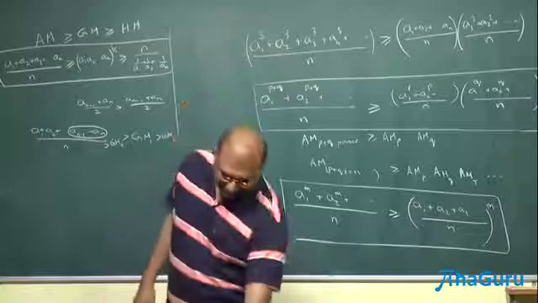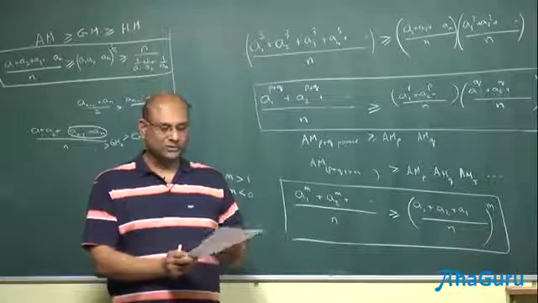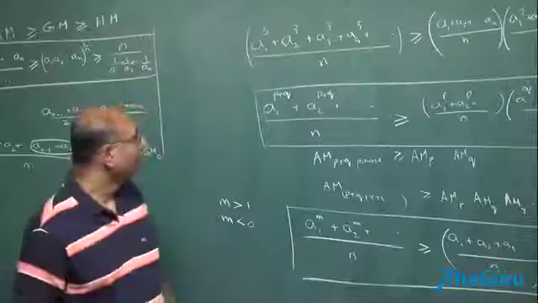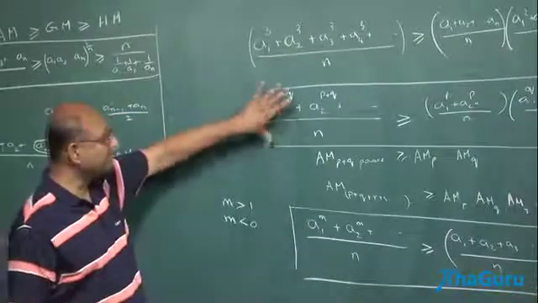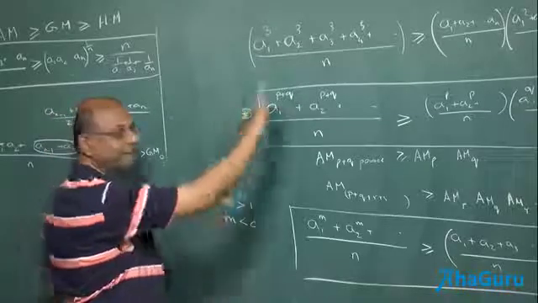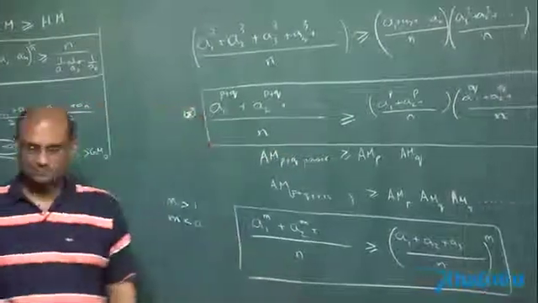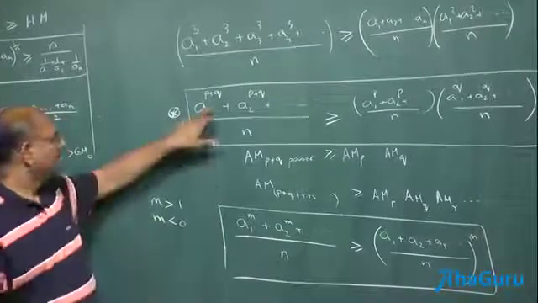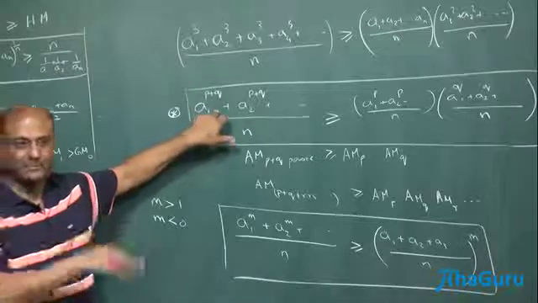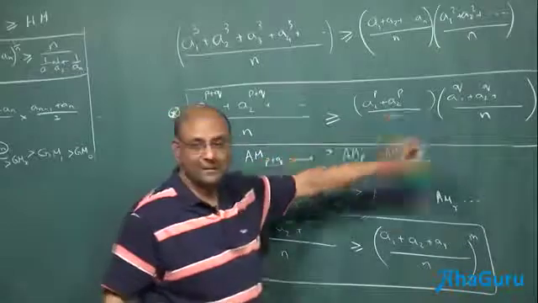Okay, so if you look at the statement 2, that tells you arithmetic mean of the mth powers is greater than the mth power of the arithmetic mean. But if you see, that is coming straight out of this rule. I like this rule a lot, because with this you can prove many things. Okay? So this is the arithmetic mean of P plus Q power, arithmetic mean of A1, A2, A3, P plus Q power is greater than the arithmetic mean power P into arithmetic mean power Q.